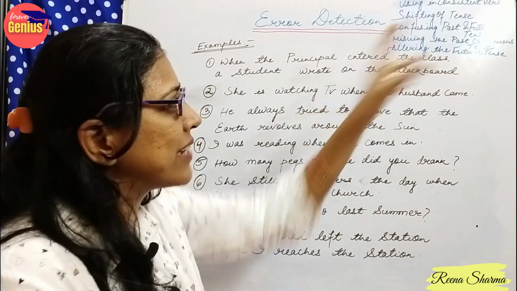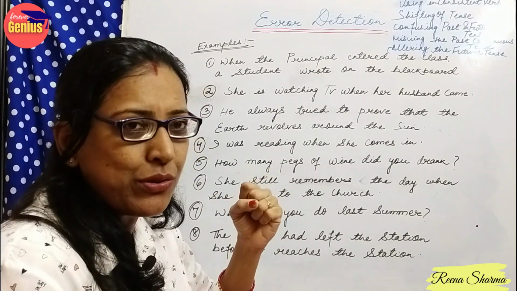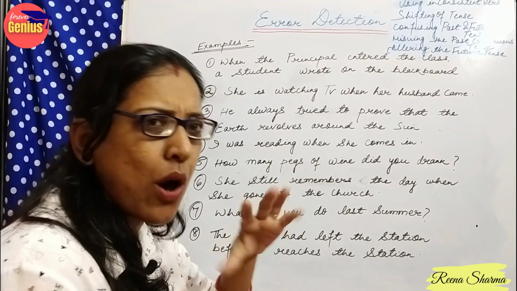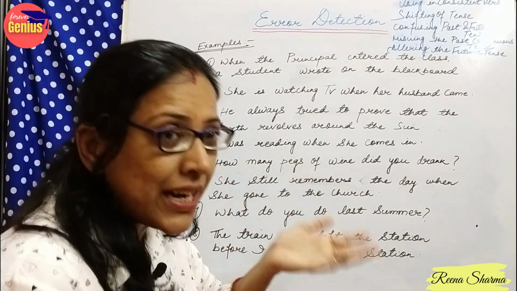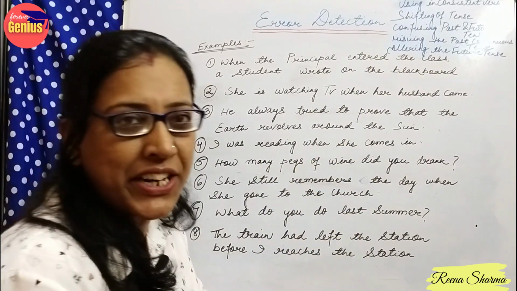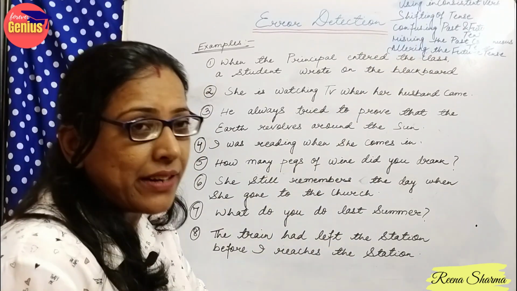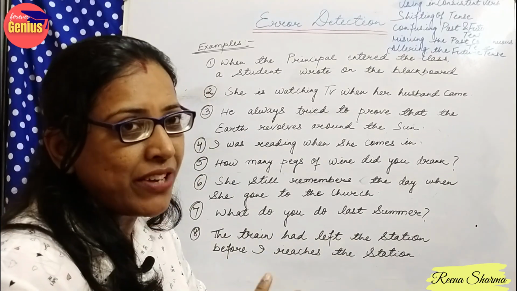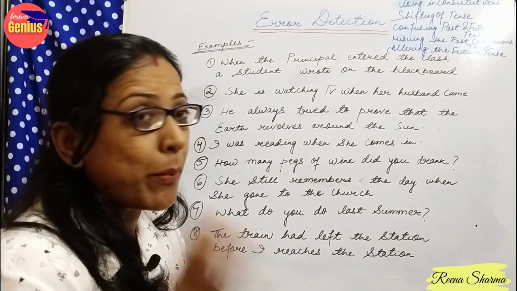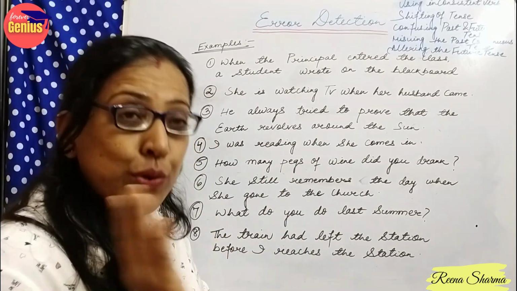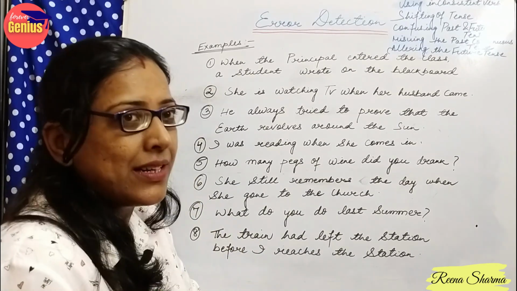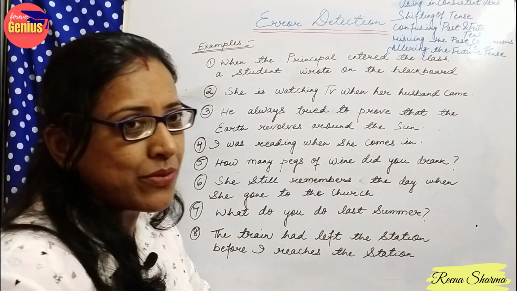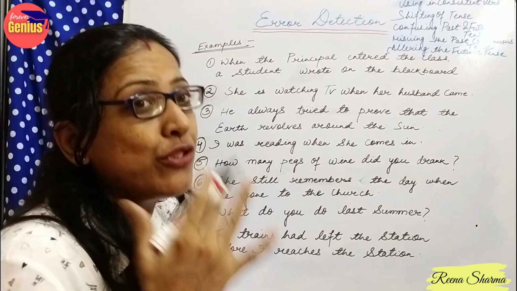Next is confusing past and future tense. A lot of times we get confused when we read a sentence. It becomes difficult for us to understand whether it is past tense or future tense. How should we deal with it? Next is misusing the past continuous tense. We misinterpret whether it is past continuous tense or present continuous tense, and we often make silly mistakes. But if we pay attention to the structure which we have done, it will be easy for us. Next is altering the future tense. A lot of times we find it difficult to write sentences in future tense.